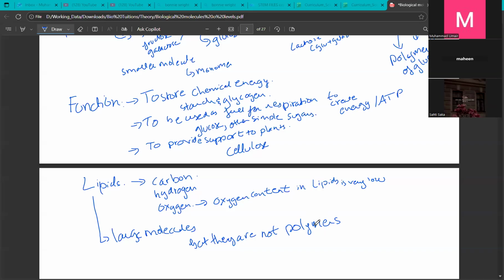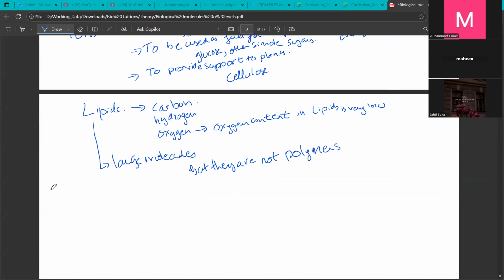So the idea is that in the polymer definition, a molecule is repeating again and again, right? So lipids in themselves are very large molecules, but they're not made from repeating subunits. ठीक है? So if I take one of the most typical lipids that you find in your body, known as